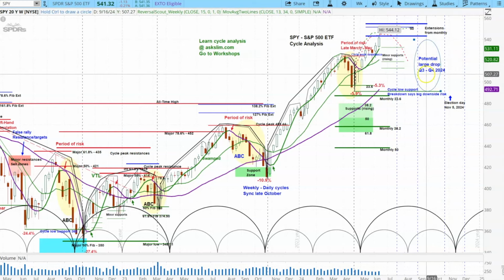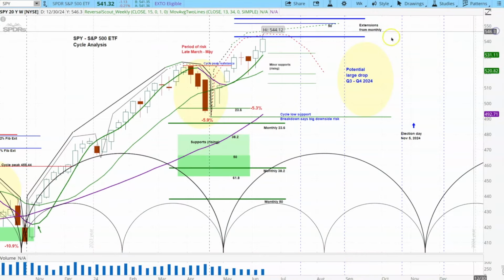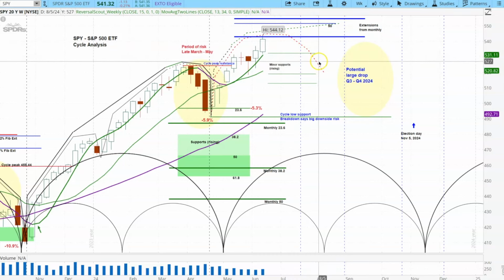That comes way out over here in Q3 and Q4 for the stock market. What we're looking for more likely is a more shallow decline out over here into the summer months. This takes you out into July, August, right over here for a corrective period. But we have no top yet, no sign of a top yet, other than what we're seeing in some of